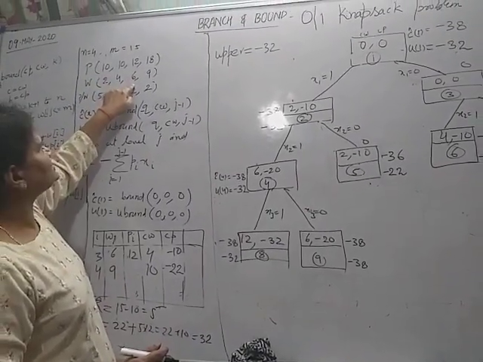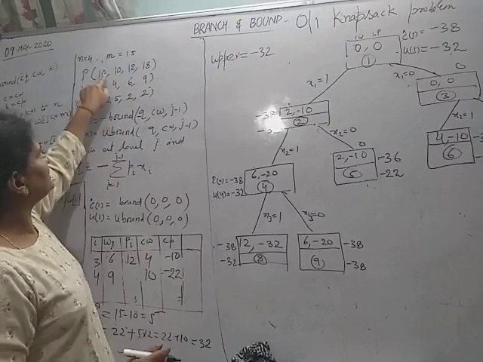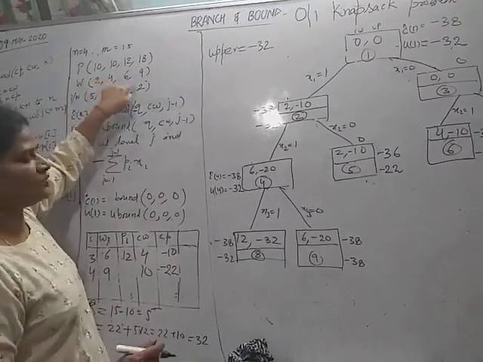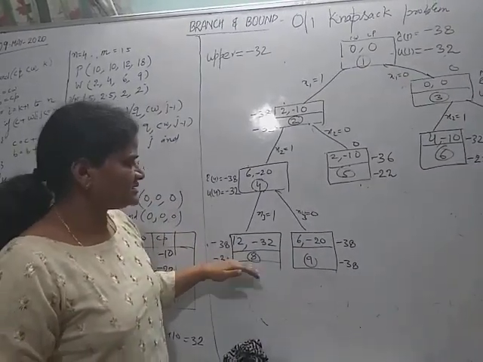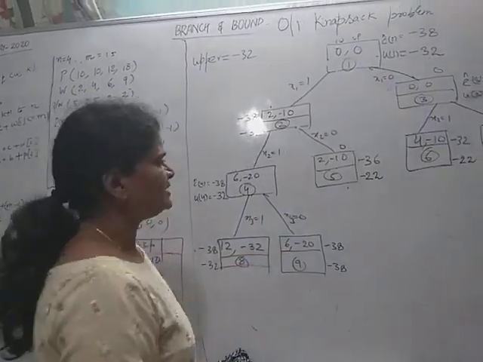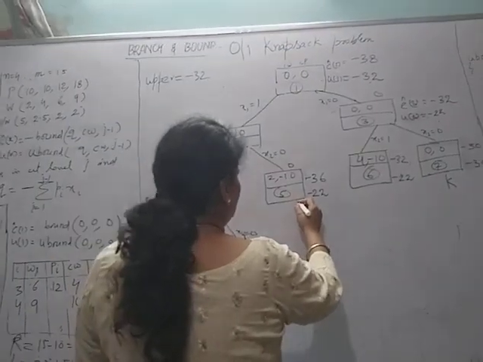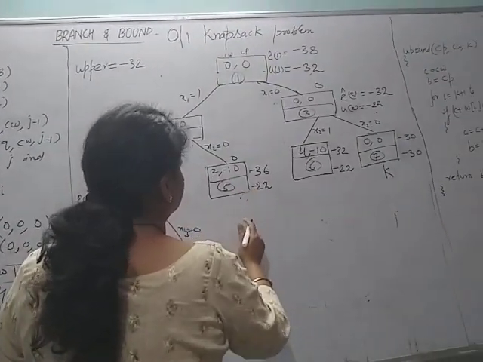Here the third weight is excluded, and next 9. So 10 plus 10, 18, and the whole objects are included, so both upper and lower bound are equal. Now the next, 5, is to be expanded. So here